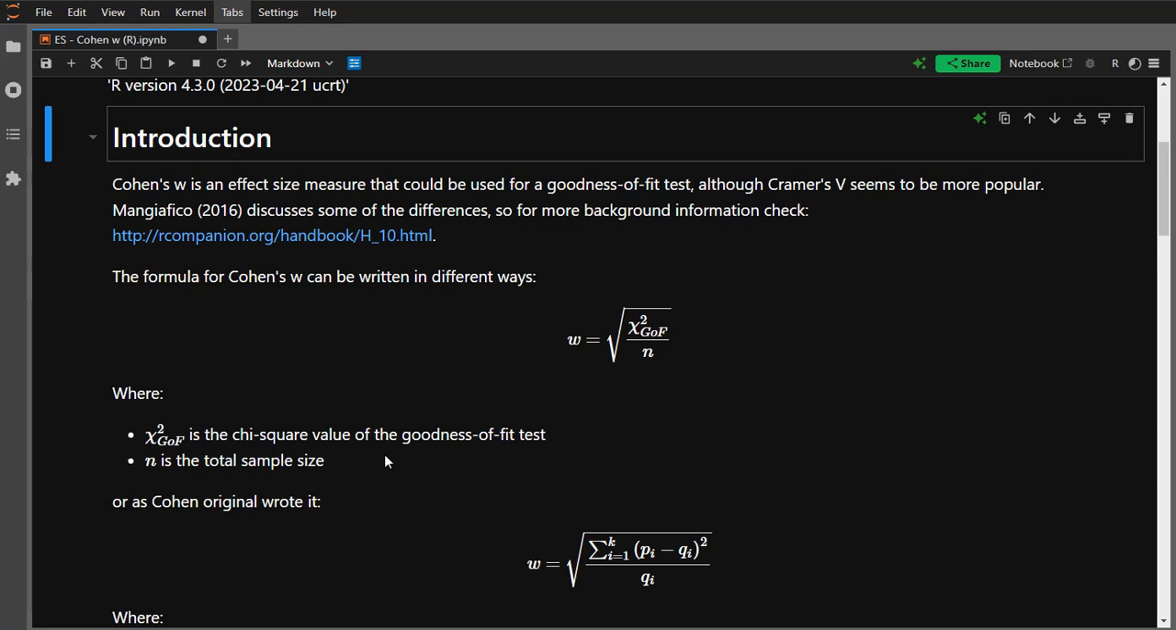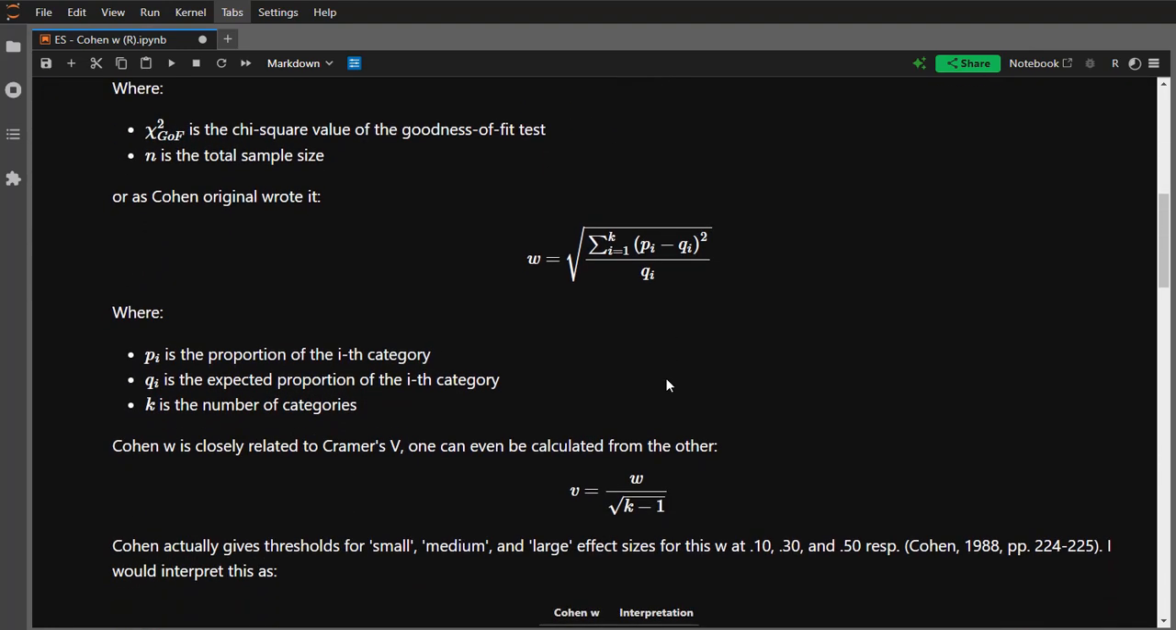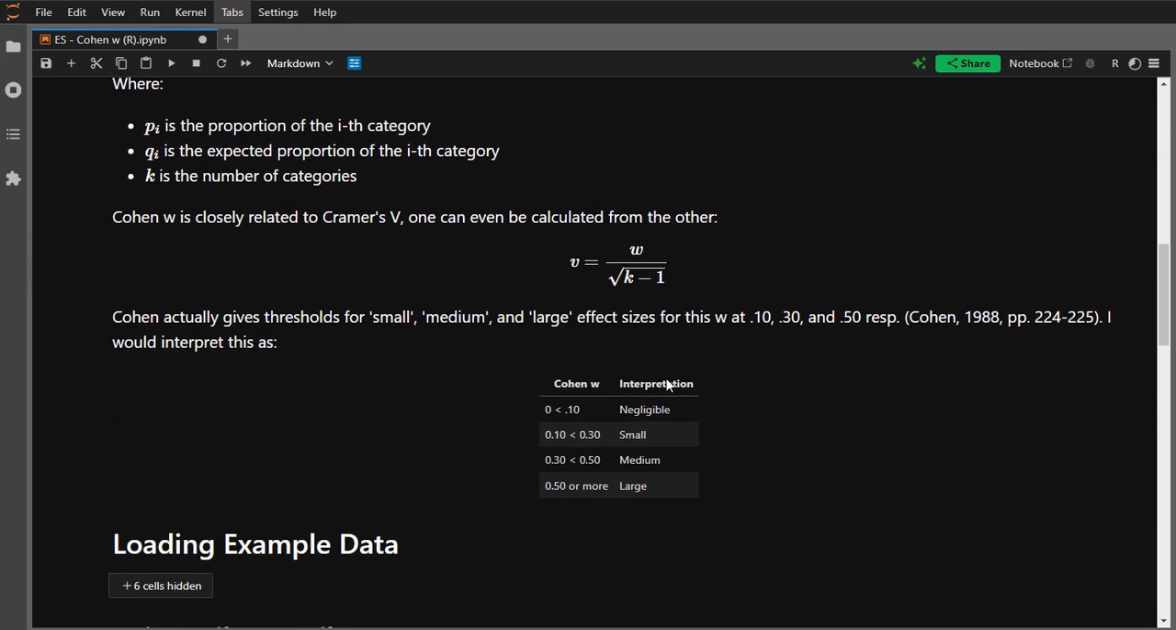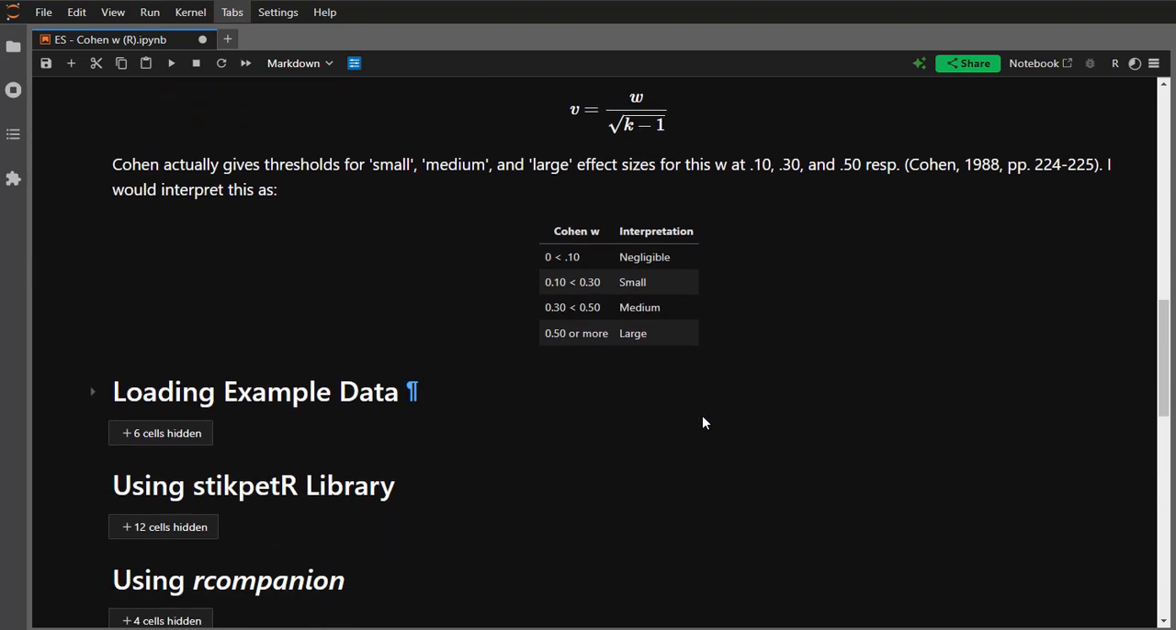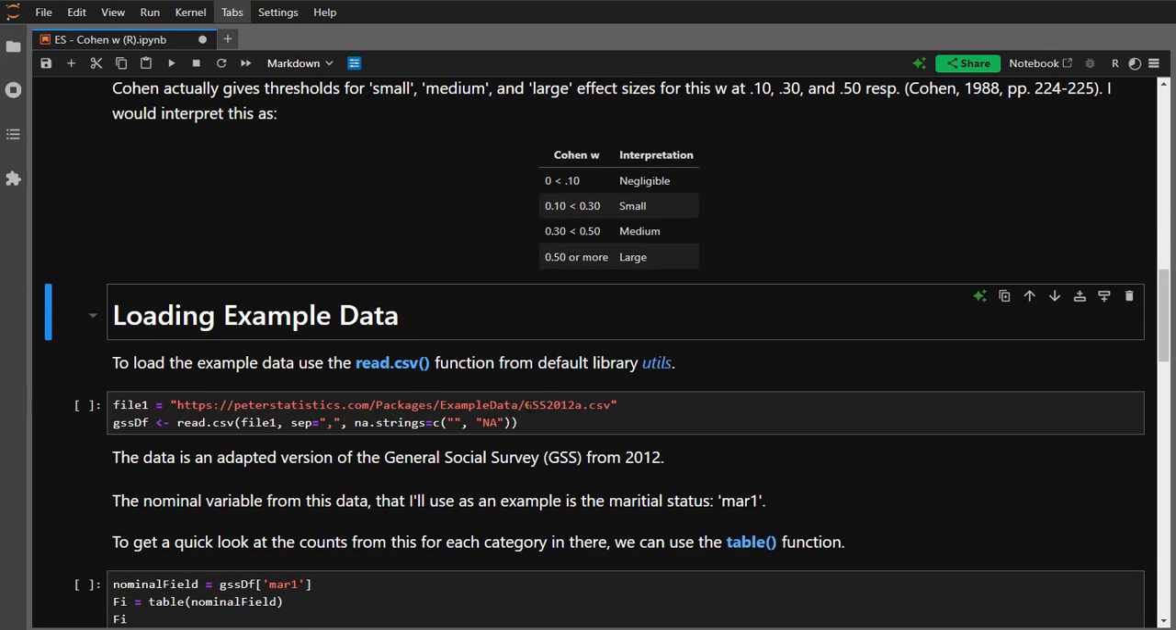Cohen's W actually only requires a chi-square value and a sample size, and it could be used with a goodness of fit test, provided you have a chi-square value. It can also be converted to Cramér's V, for example, and Cohen actually even gave some rules of thumb for the interpretation. To show you how this can be done, I'll need some example data, so I'll be loading in